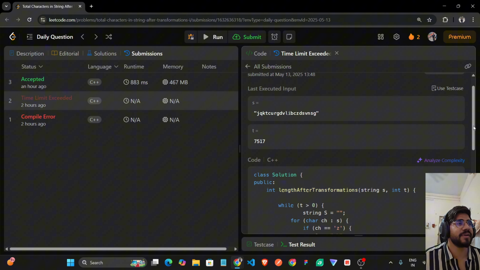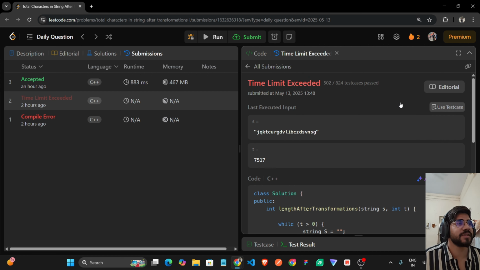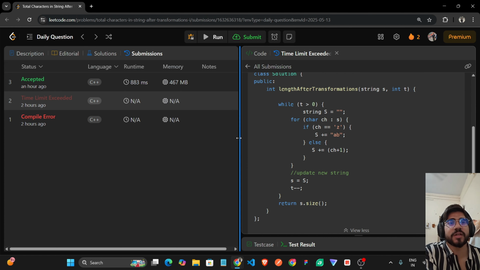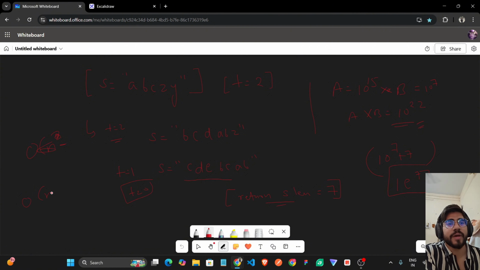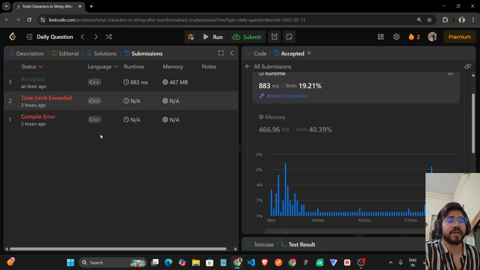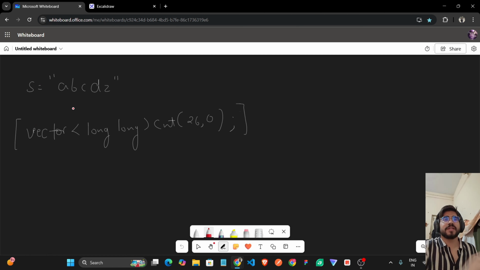But what happened? As you can see in this question, we got time limit exceeded. For this, the complexity became O(n plus 2 to the power t), something like that. So let's check the optimized version. Here's an example: a, b, c, d, z. This is a string, and we will take one vector, or we can say a hash map,